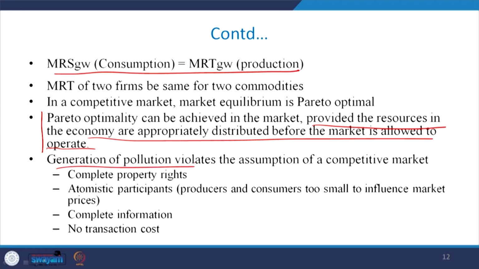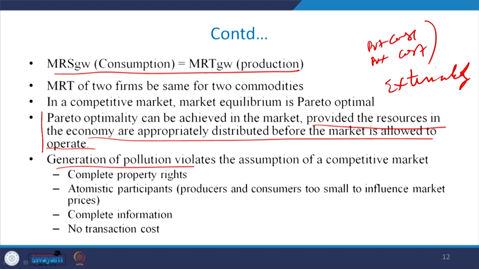competitive market. Why? Because private players take into account only the private cost and private benefit, not externalities. So, externality is totally ignored in the absence of effective regulation, and that is why the market cannot allocate the resources efficiently in the economy. And that is why the major assumptions that must be made are